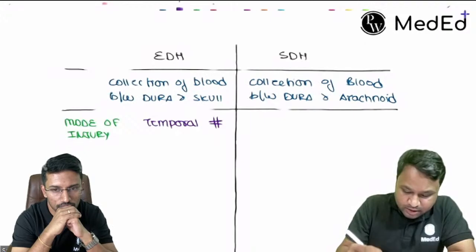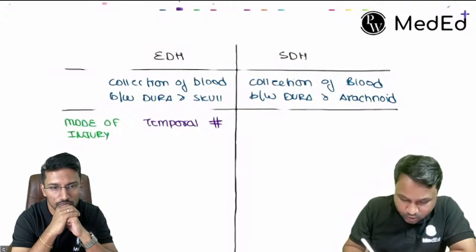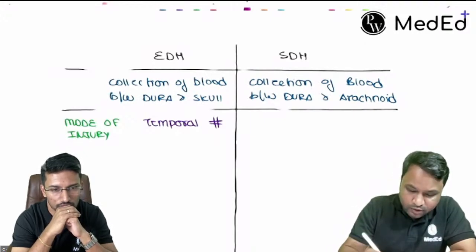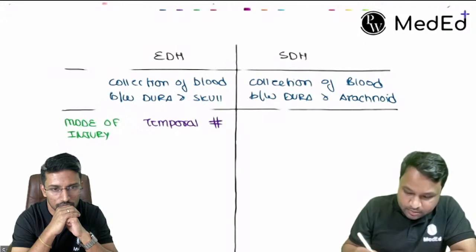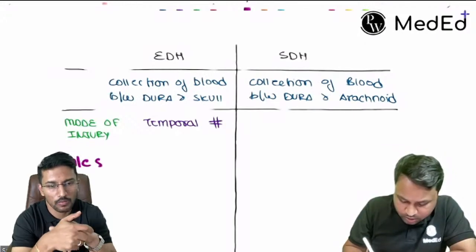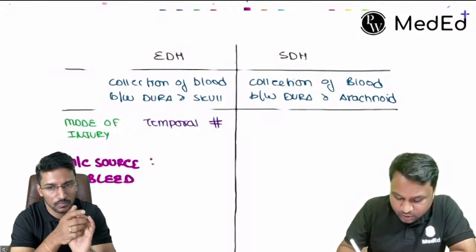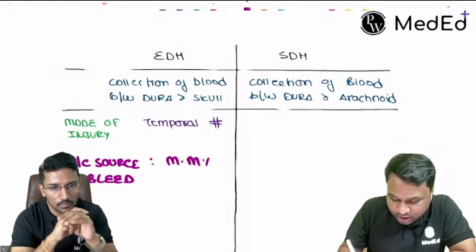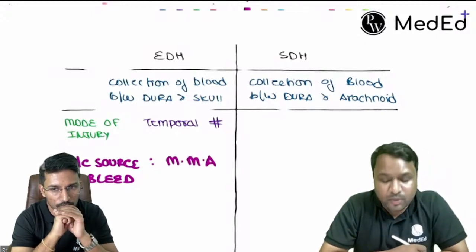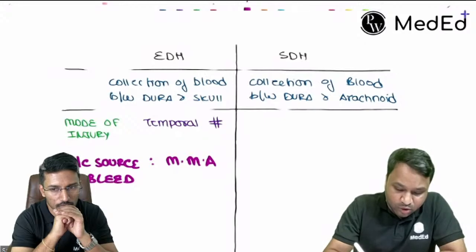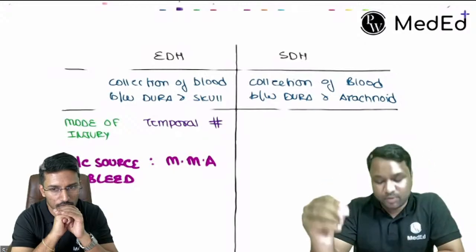And that brings down to an interesting question. What is the most common source of bleed that you can see here, right? The most common source of bleed is going to be your middle meningeal artery, which is running right below it, right? Whereas in terms of mode of injury for your subdural hemorrhage,